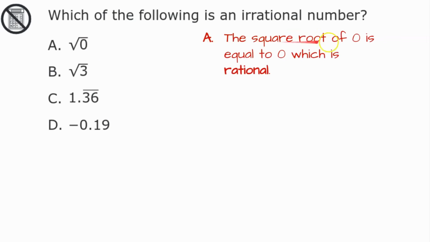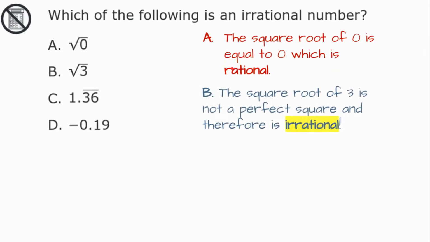So the square root of 0 is equal to 0, which is rational. So remember, 0 is a real number that is rational, it's an integer, and it's a whole number. So it can't be A. B is the square root of 3, which is a non-perfect square, and therefore is irrational. So we have our answer, but I'm going to keep going so that you can understand why C and D